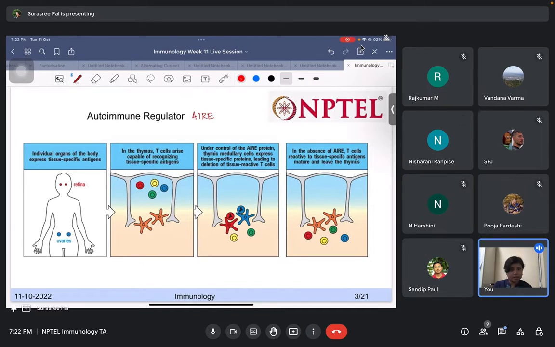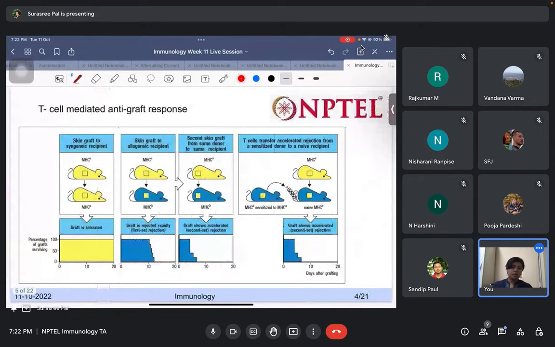Okay, so any other doubts till this, or I will move on to the next part, which is the transplantation. Okay, all right. So moving on to transplantation, first I would like to just describe two or three terms here,